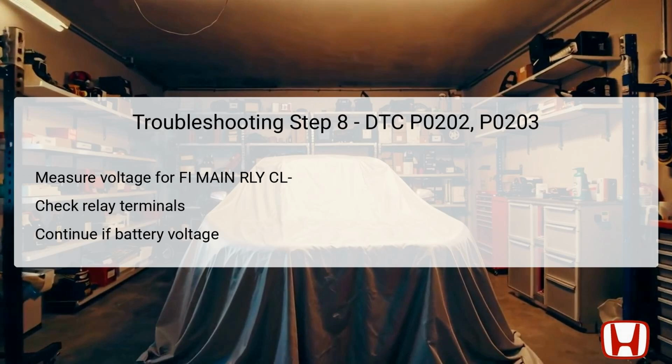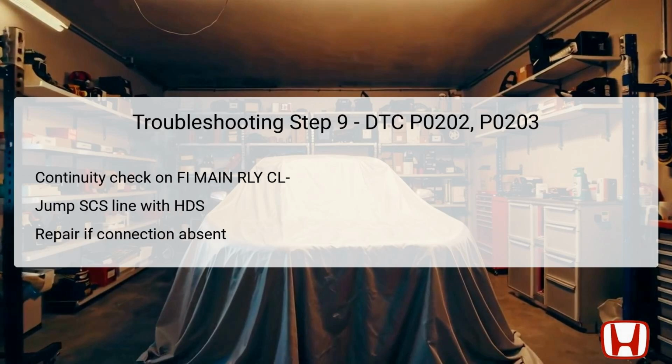By confirming the presence of battery voltage, you determine that the FI main RLY-CL wire is in good condition, allowing you to proceed to the next step. This step helps narrow down the specific areas that may require repairs and ensures that power is being directed appropriately within the system. In the 9th troubleshooting step, you will perform an open wire check on the FI main RLY-CL